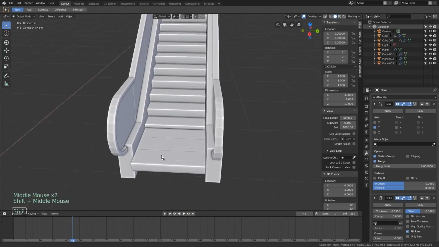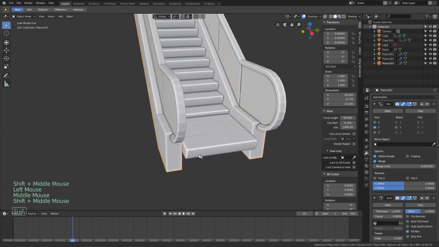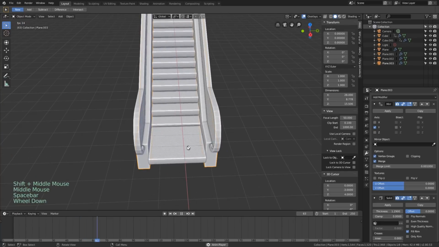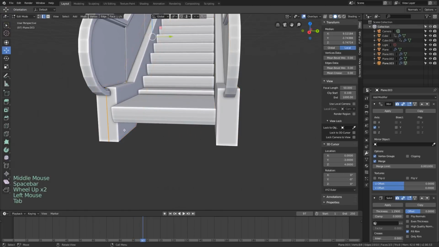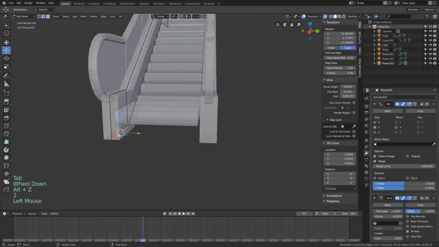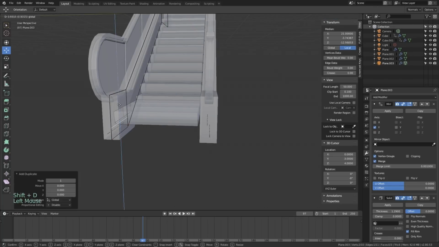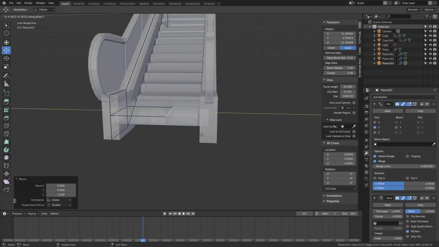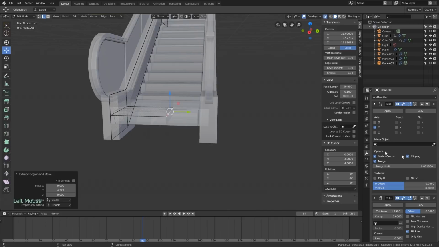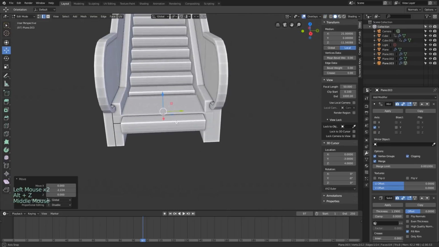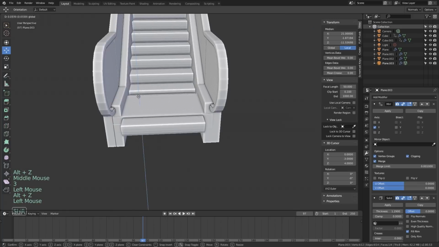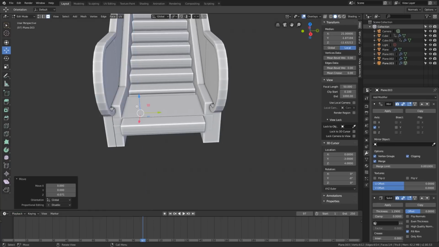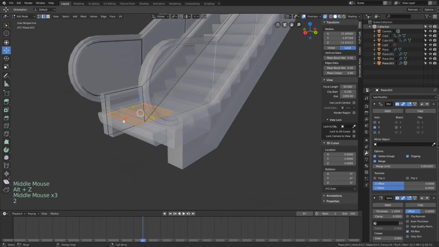Okay, I like that. Now we just need to cover up these bottom steps so we don't screw up our effect. So I'm just going to go into this same object right here and select this edge, Shift D to duplicate it, grab up, and then E Y to go over. And I need to turn on clipping here so that those don't cross each other. Right there should be good. And then let's just select this face and bring it. Yeah, we want it to be just barely even so people wouldn't trip on that, our imaginary people.